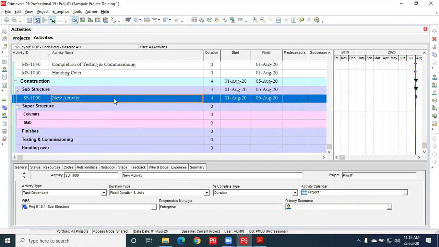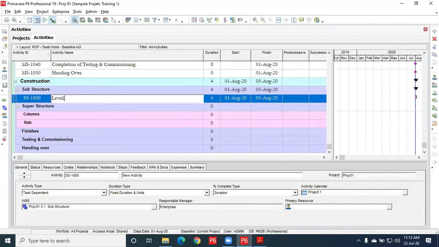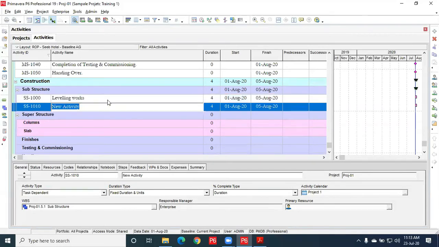Then let us enter. Okay, before excavation, we will enter leveling works. Leveling works, enter. Then insert excavation and compaction for PCC.